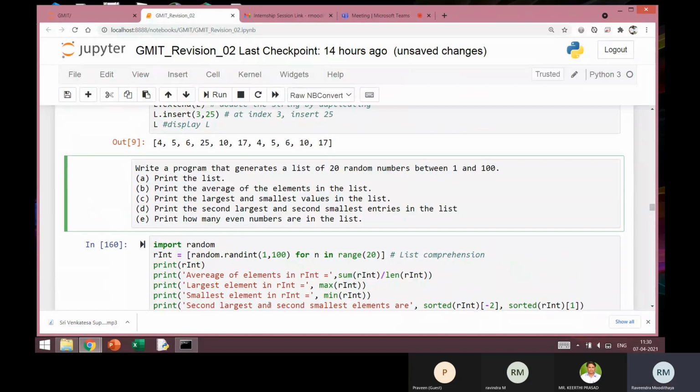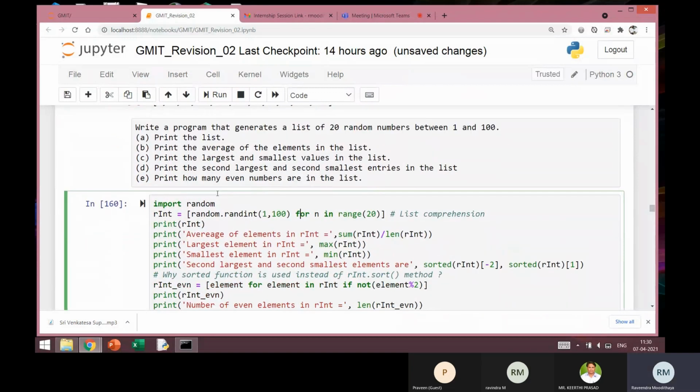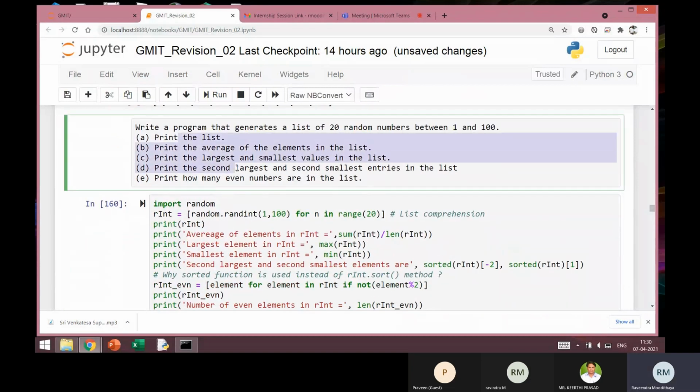Now, why I am taking up these examples: because we need this random integer generation very often in our IoT programs also, particularly to do some testing of the program. Okay, so let's just do these operations on the given list. So first I will generate a random list containing random numbers from 1 to 100. So I will use the second method that we used earlier, using the list comprehension.